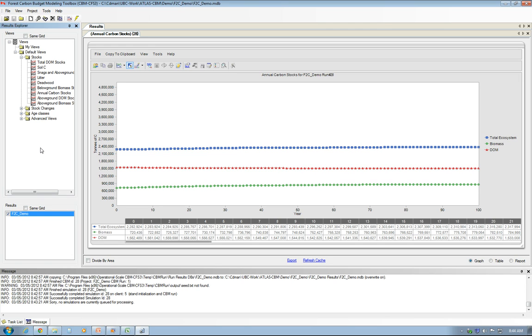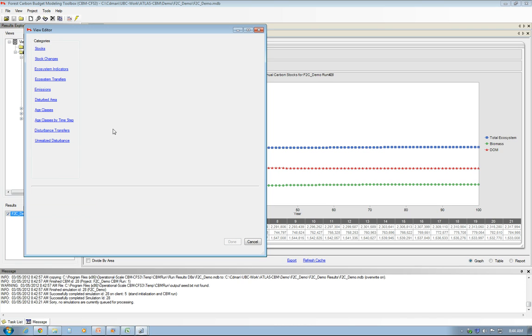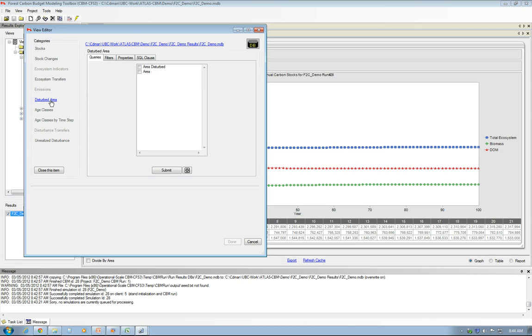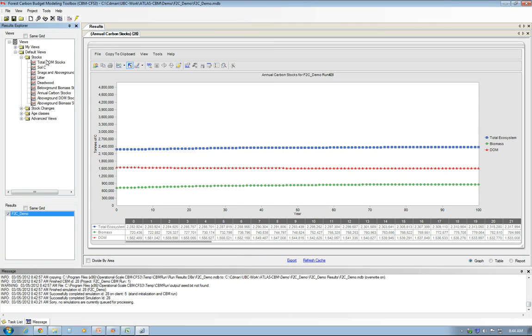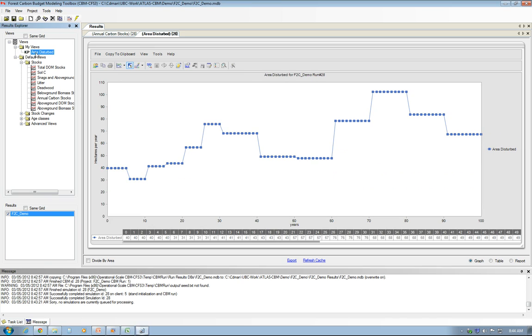And you can look at that and compare it with the area that ATLAS or Forest Planning Studio is reporting as a disturbed area. So go into My Views and click on New View, select Disturbed Area, select area that's been disturbed, click Submit, click Done, and now if you go into My Views and expand it, you see you have an area disturbed graph. So double click on it, and this is the graph of the area that has been